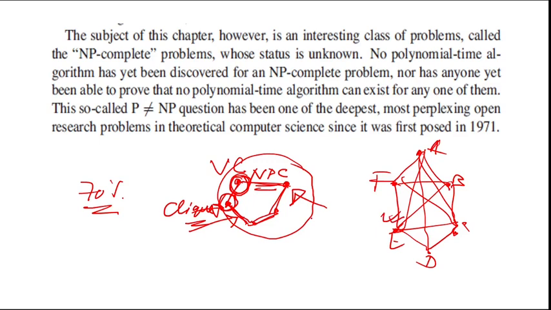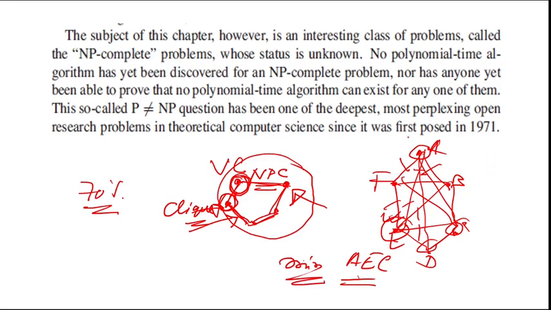How many vertices? If I say A is covering this edge and this edge, and if I say D is not there, let's say E is covering this, and then C. A, E, C is there. If I choose these three vertices, all the edge incidences are covered. Yes or no? So this is the minimum vertex cover. That means the catch is that you have to find a vertex cover and then the minimum one. So it's a minimization problem.